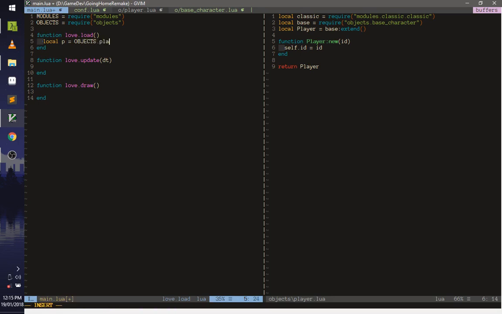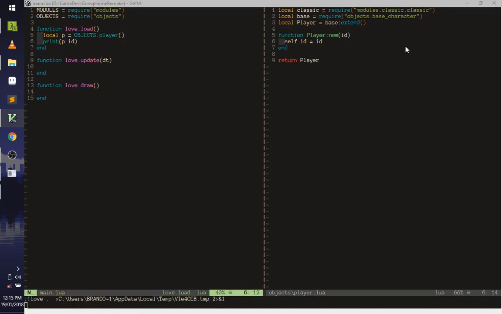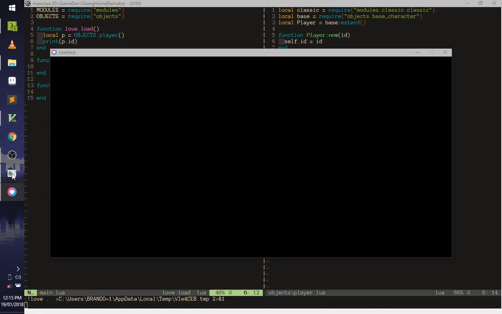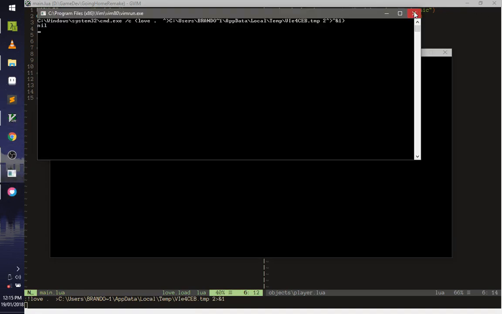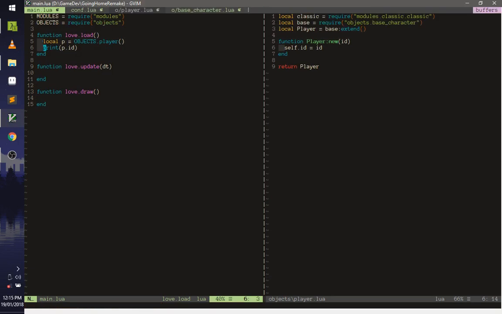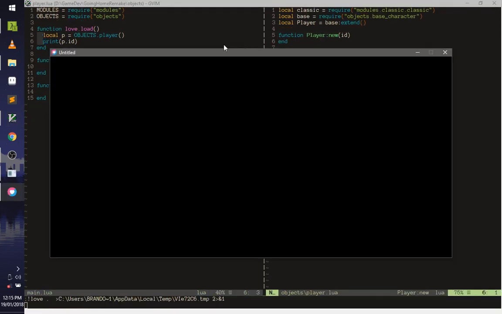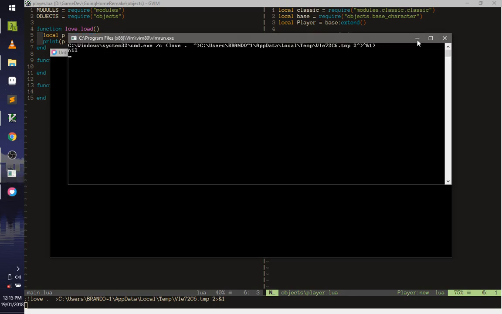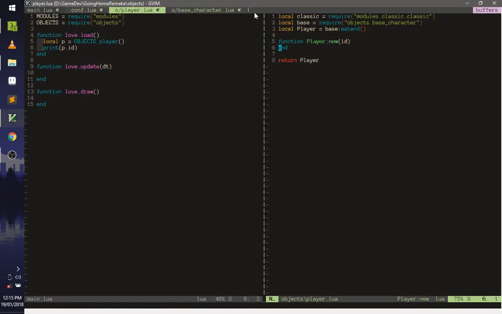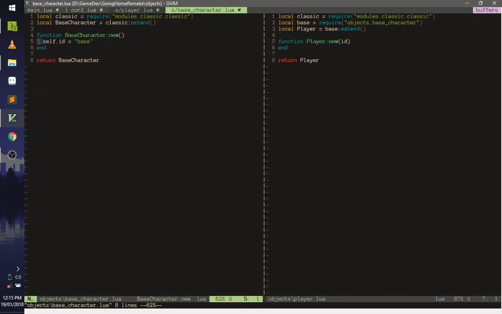So player, print p.id. It's nil because we didn't pass anything, right? But if we remove this, oh, it's still nil. Why? I inherit from that base. Oh, because I